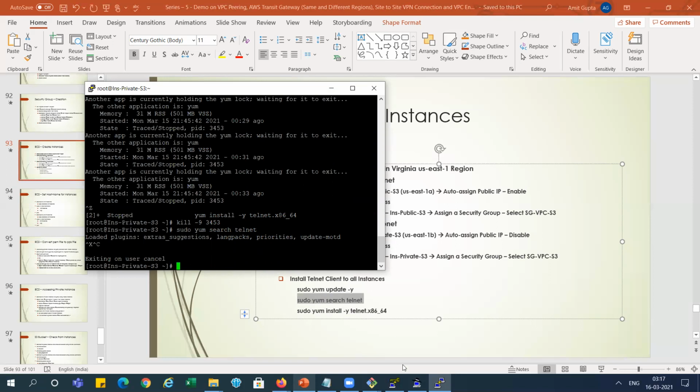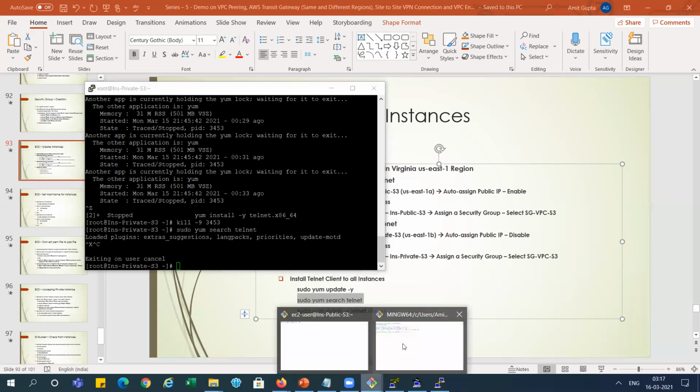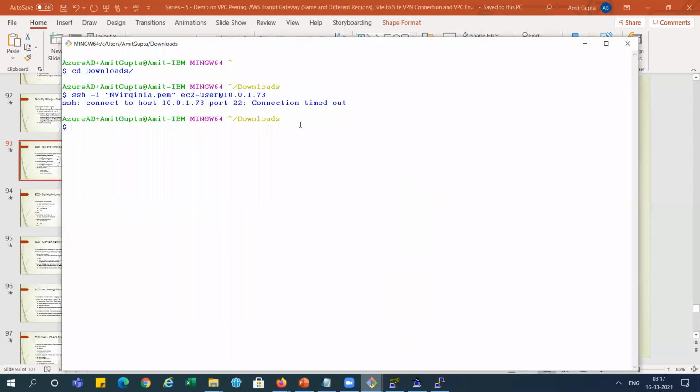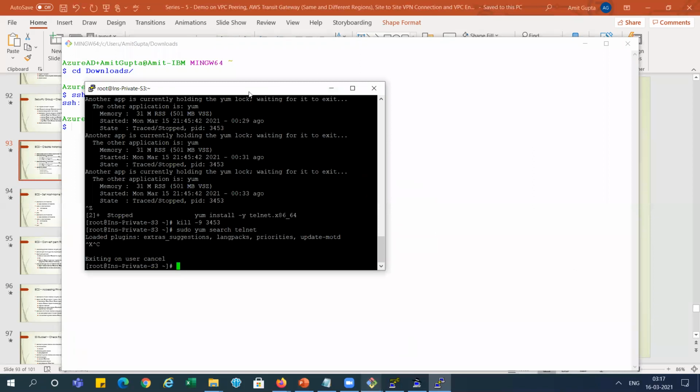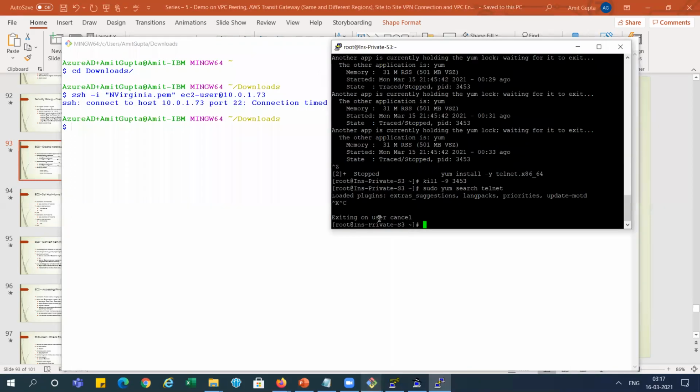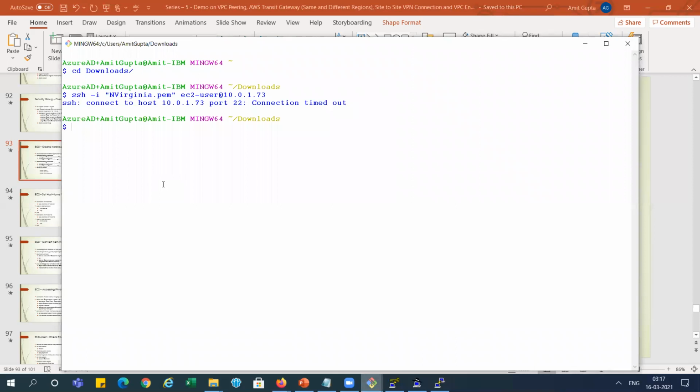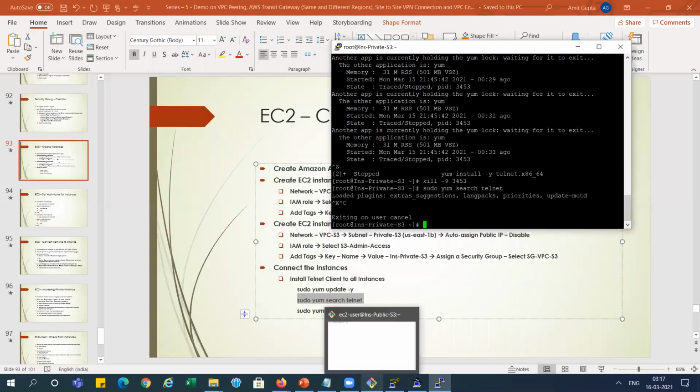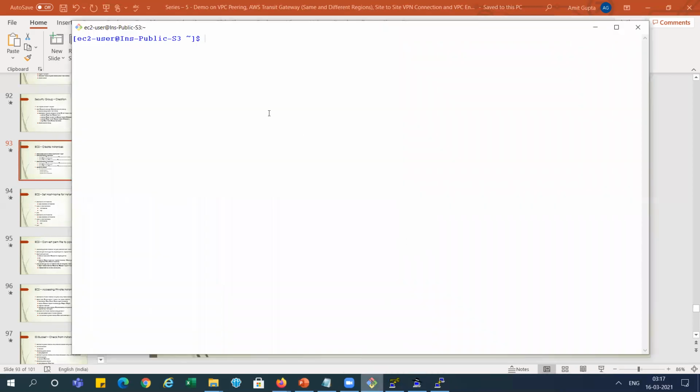But currently we need to check whether we are able to access S3 or not. This is the main motto. So what we will do, we have connected here with the public instance, and here we will connect with the private instance, right? Both are connected here. So let's check here. No, this one is not here. This window, right? This is public access. So we will check with the S3 command whether we are able to connect or not.